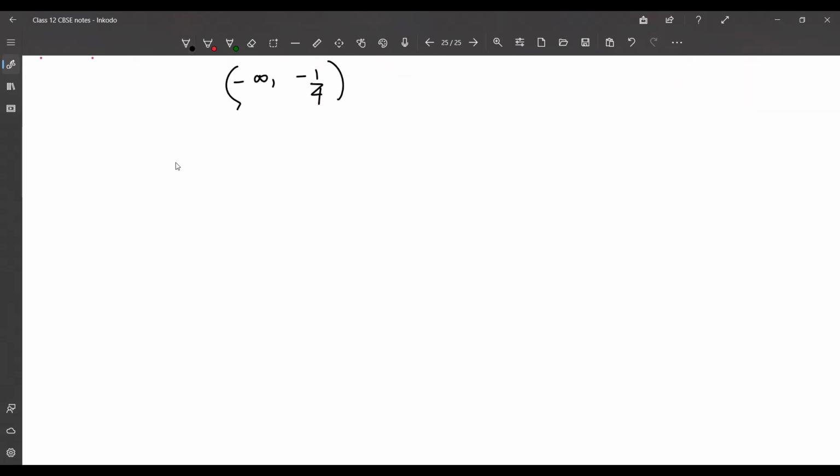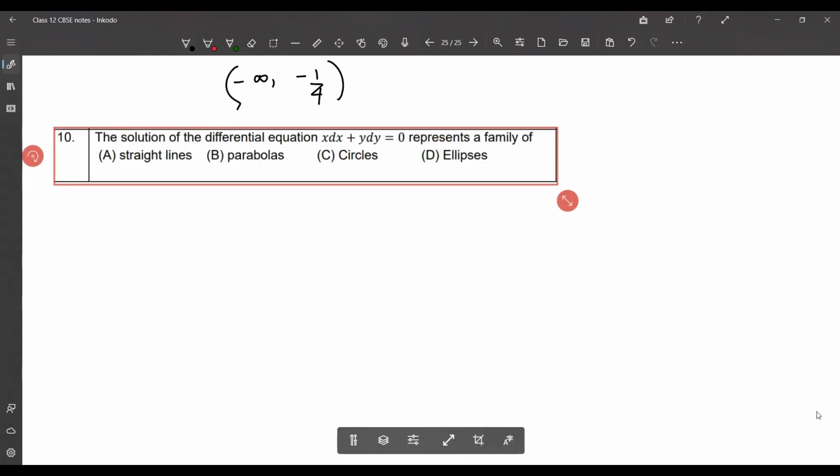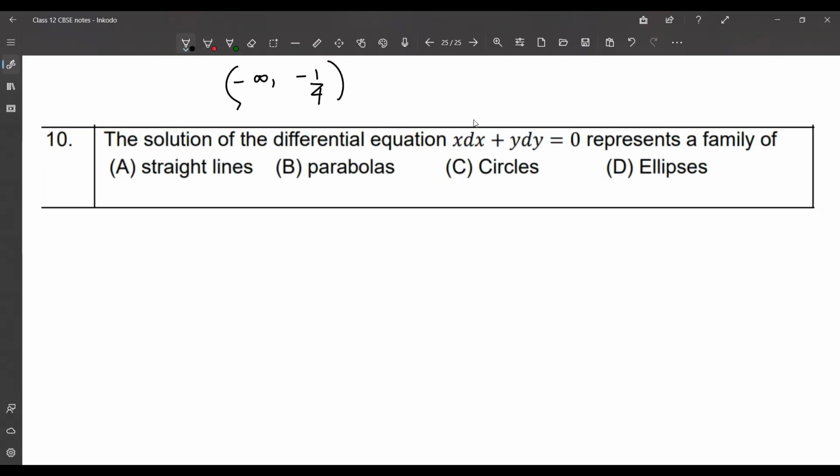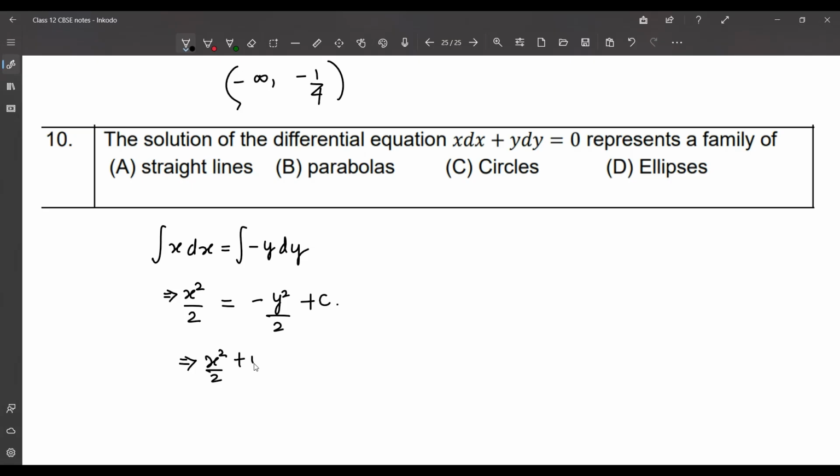Look at this question. The solution of the differential equation represents a family of. Now, to solve this, we need to separate the dx and x terms and dy and y terms. So x dx is equal to minus y dy. Integrate on both sides. If you integrate, this becomes x square by 2 is equal to minus y square by 2 plus c. X square by 2 plus y square by 2 is equal to c, or we can rewrite